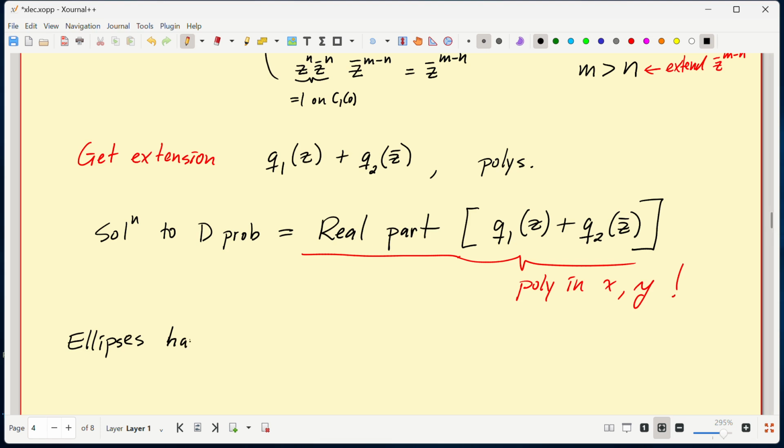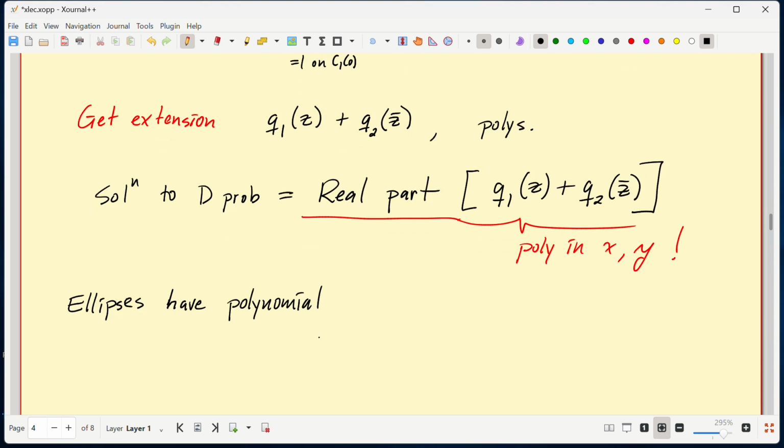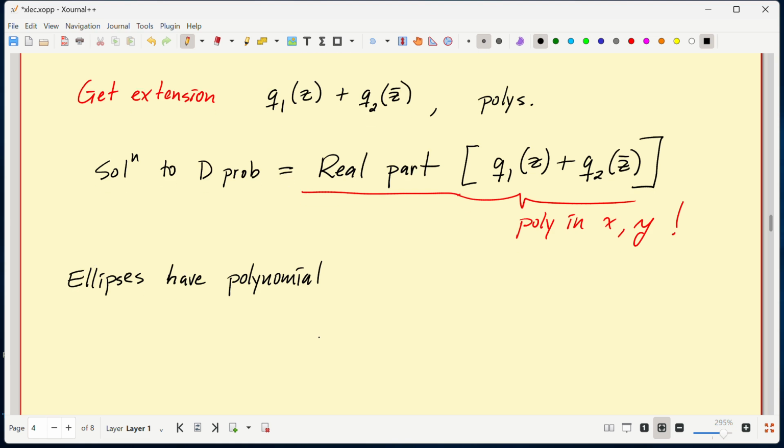They have the polynomial data to polynomial solution property too. And the famous Khavinson-Shapiro conjecture is that the disks and ellipses are the only domains that have the property. And that turns out to be an open question. Everybody believes it, but nobody